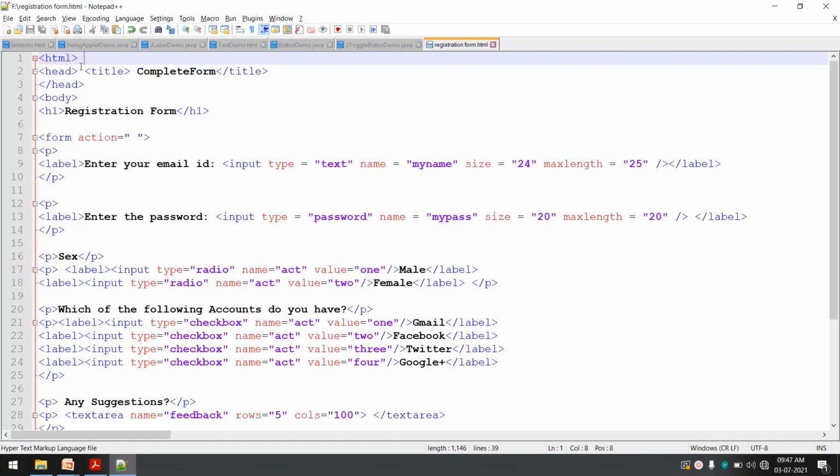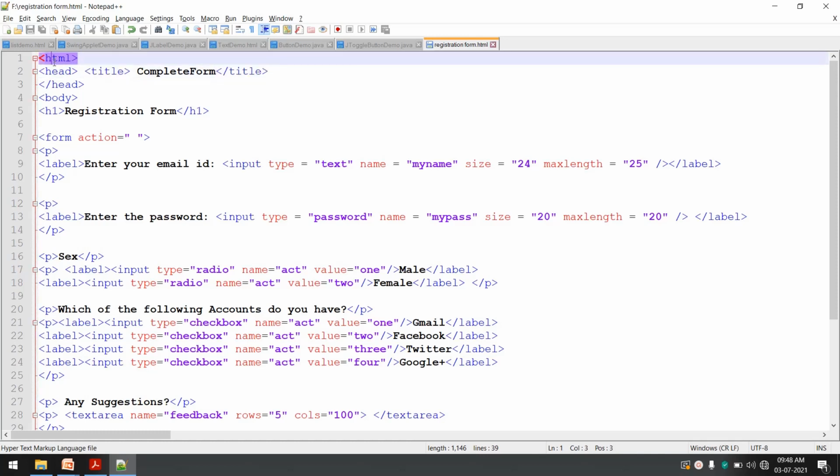You can convert the same example into XHTML by adding a few lines at the beginning, like the XML declaration and the doctype, that is DTD, and you can add the XML attribute to HTML. As we are learning XHTML, we should write the program in XHTML, but for easy writing, right now I have used HTML here.